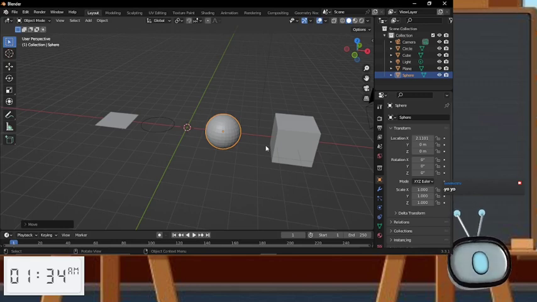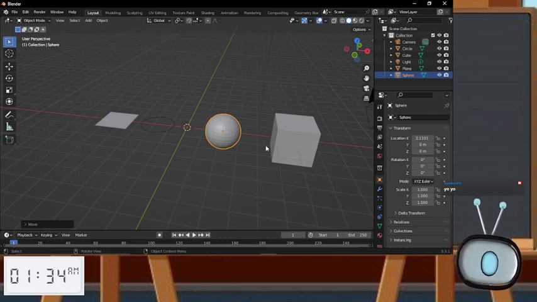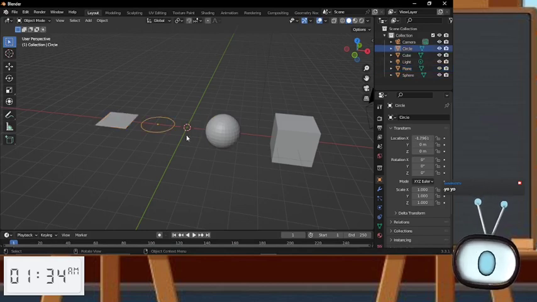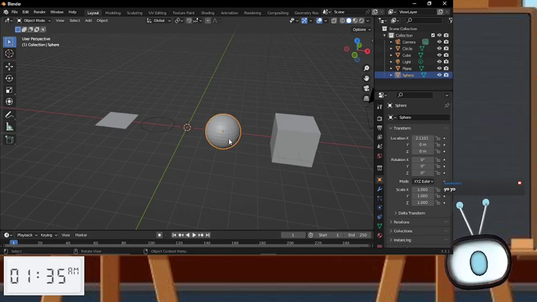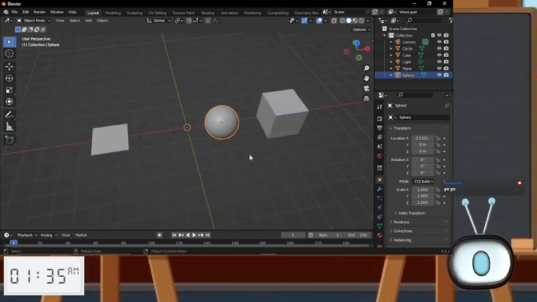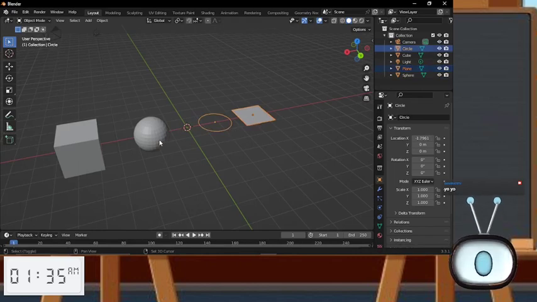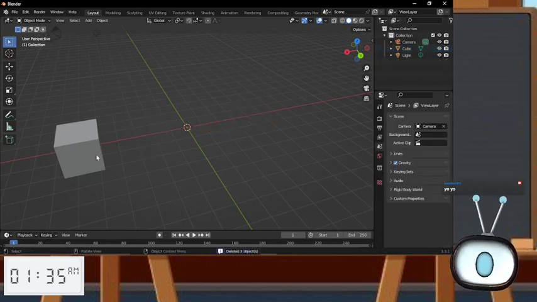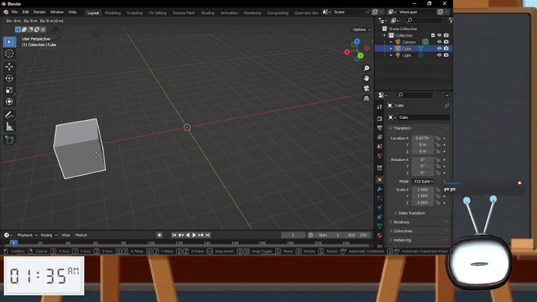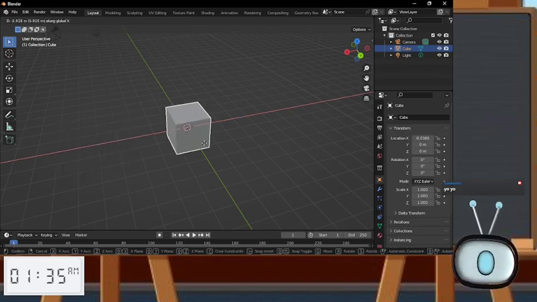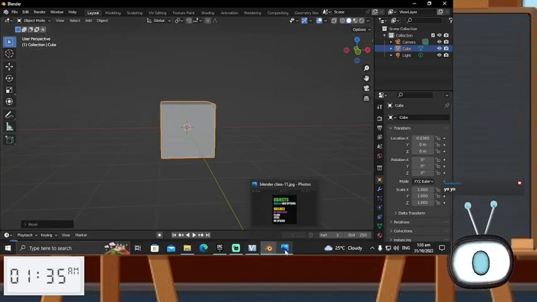These four items are the main objects I use when it comes to modeling. Each one has its own purpose and its own, I guess, personality when it comes to creating. Let's just remove these for now. Take our cube, put our cube back to the center. And now let's go to